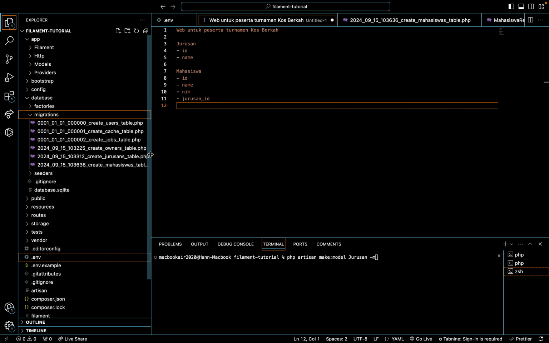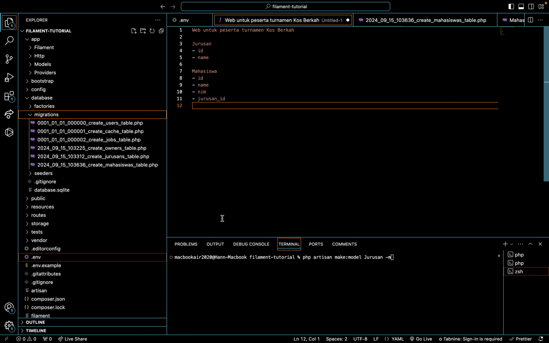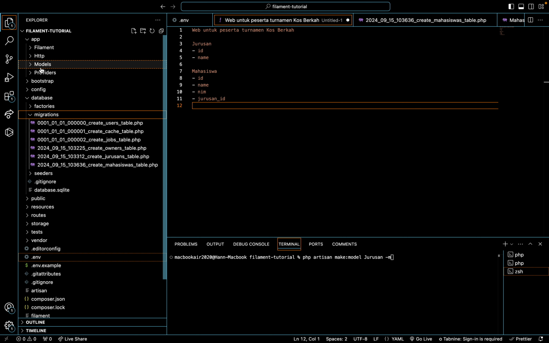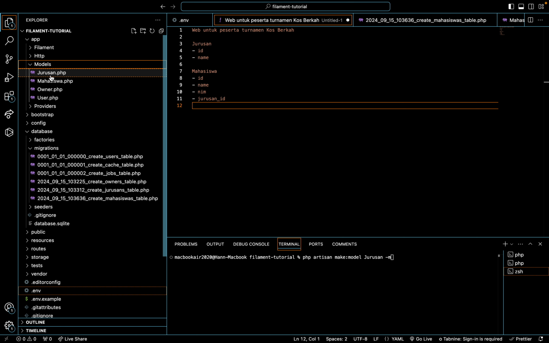After we run this for jurusan, it will create the create jurusan table and create mahasiswa table. It will make the models too, Jurusan.php and Mahasiswa.php.